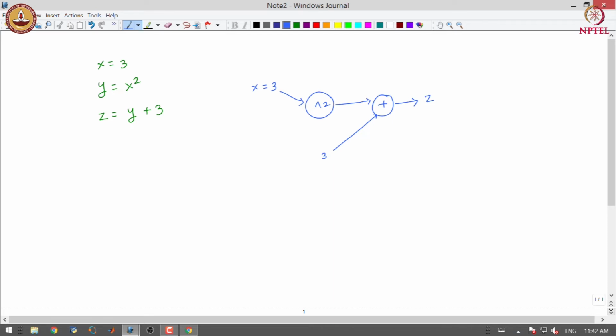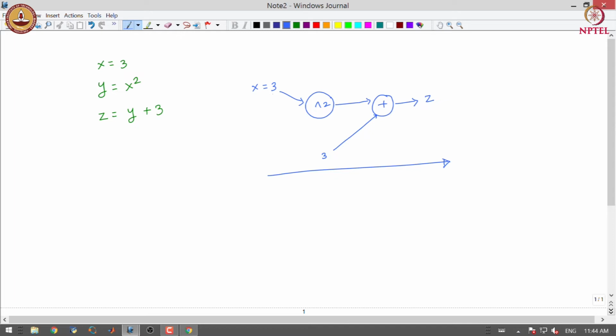When you are performing this computation, this is called a forward computation. This is a computation graph corresponding to the relationship between 3 variables x, y and z. In the forward computation, we pass the values of the variables through this graph to obtain the value of z.